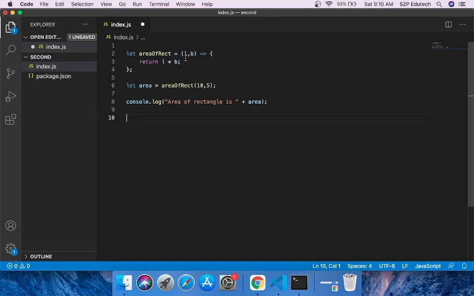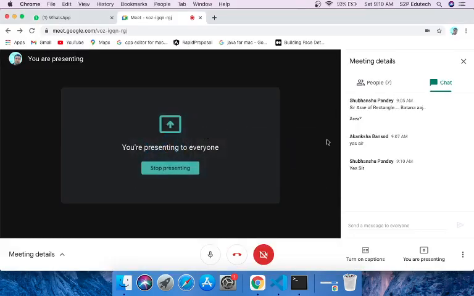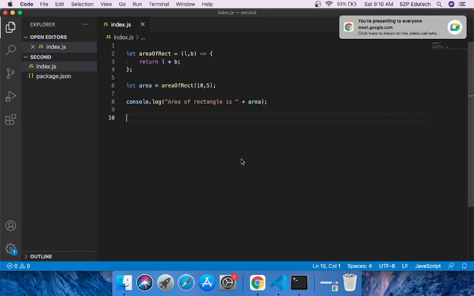It's very simple. What we have used is an arrow function here. This function is taking two parameters, length and breadth, and it is just returning length into breadth. That's what it is doing. I am taking that value into a variable and I am just printing that variable. It is very simple, again, no rocket science. Okay, now what we are going to learn today is something called JSON,